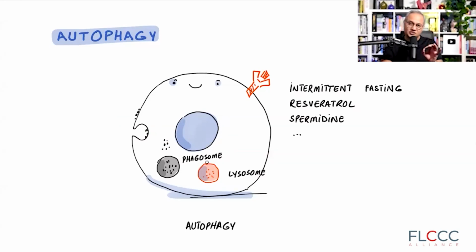If for some reason the cell is able to collect the waste material from inside, but not able to digest that, then this cell is going to develop inflammasomes. It's going to become angry. It's going to say, there is something here which I cannot take care of. So I am going to start the inflammatory processes, and I'm going to activate the immune system, and I'm going to have them destroy me and my neighboring cells to clear out this whole field. That is inflammasome behavior. That is a fiery death that a cell would get.